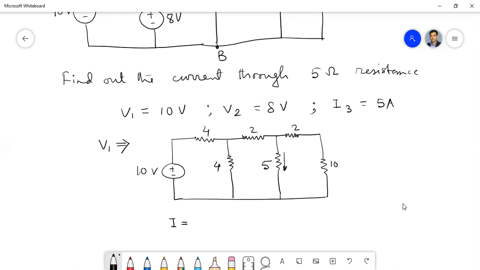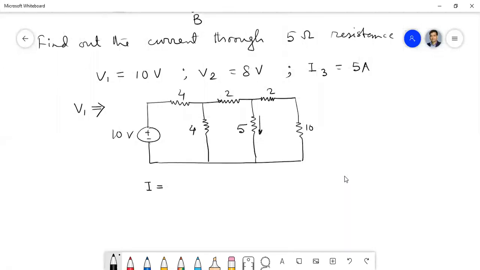How can you do that easily? KVL. Okay, KVL actually we don't use, but anyway, KVL also you can use because only one source you have. Okay, so 10 plus 2, 12. In this way you are saying, na? So one by one you have to go from this side.